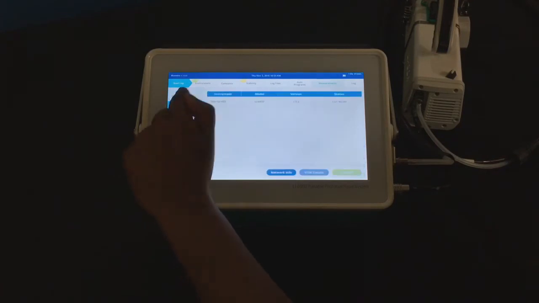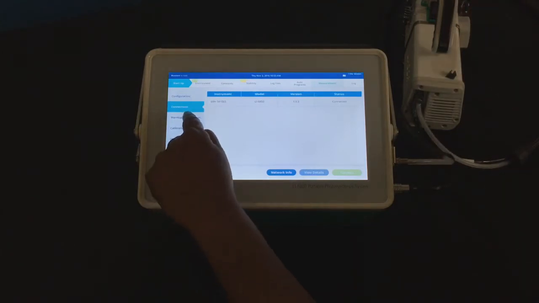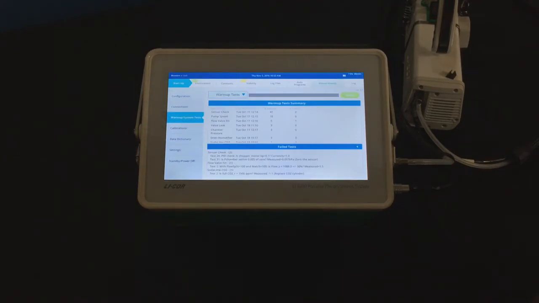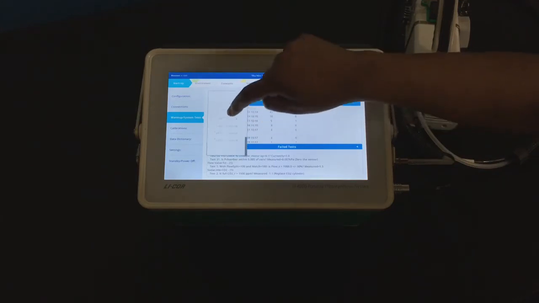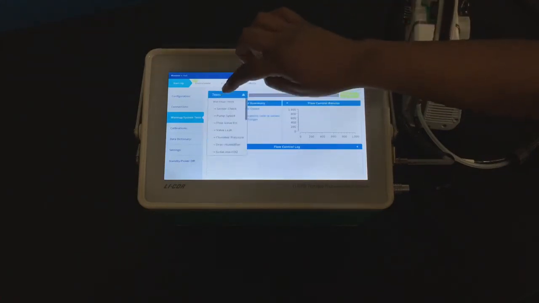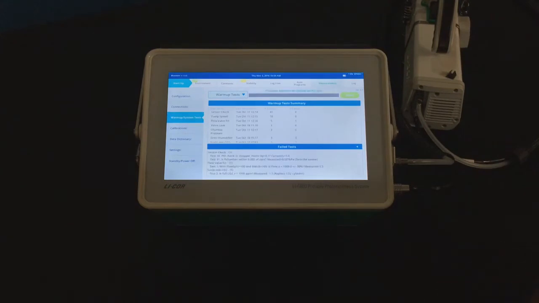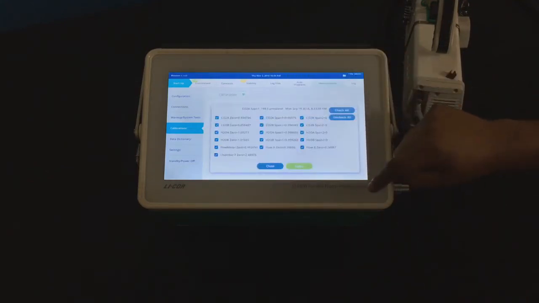Below configurations are connections. Connections show you which hardware head you are currently connected to. Below that are warm-up or system tests. There are various tests that you can select to run, such as flow control or warm-up tests, and these are started and stopped from this button here. Below that are calibrations. These are your instrument calibrations, which you can view, apply,